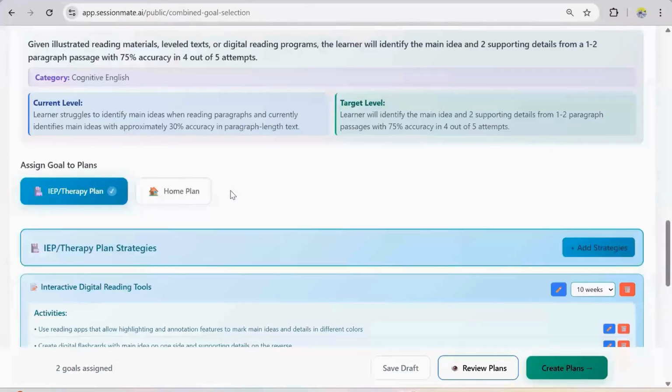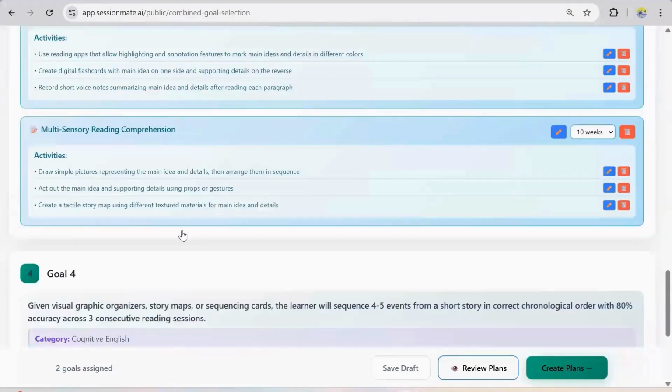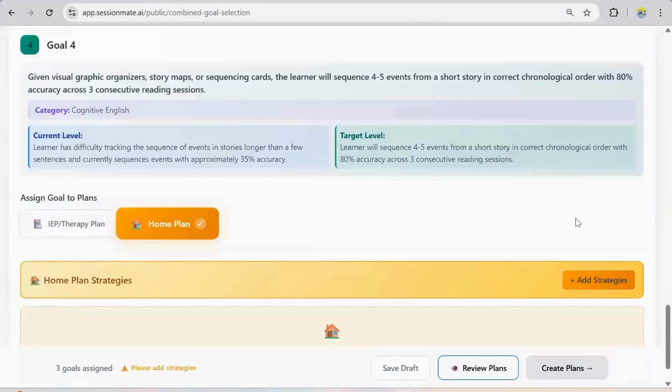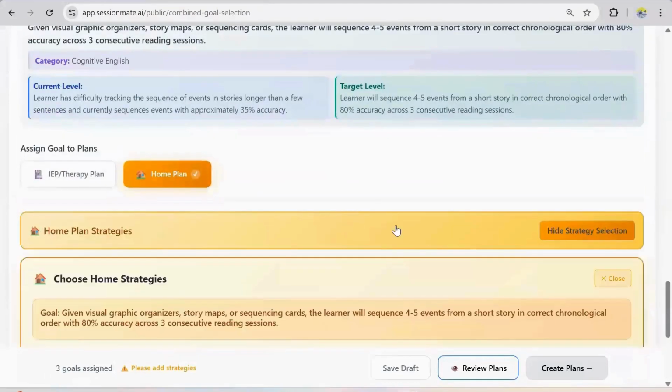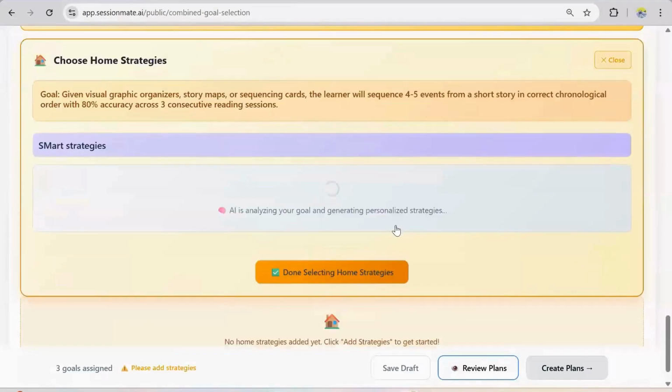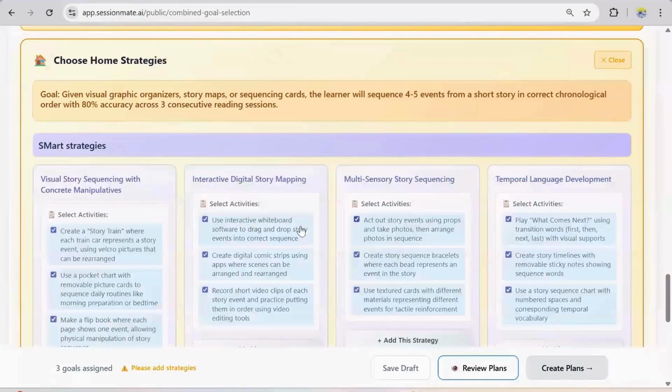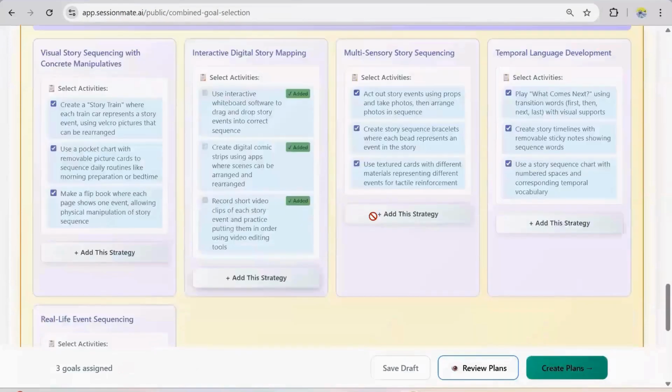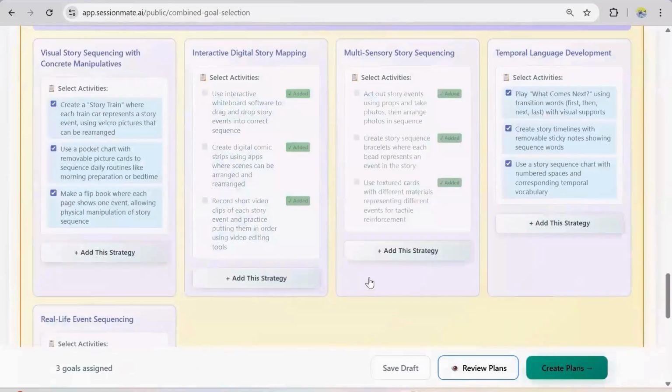There could be some goals which can only be administered in a therapy or educational institution, so we can choose only the therapy plan if we want. There are some goals that can only be administered at home, so I can choose a therapy and a home plan for that. Once we have selected all those strategies, we can have a look